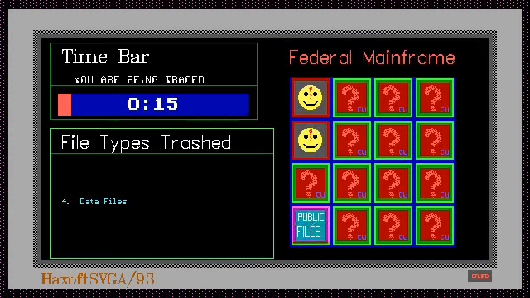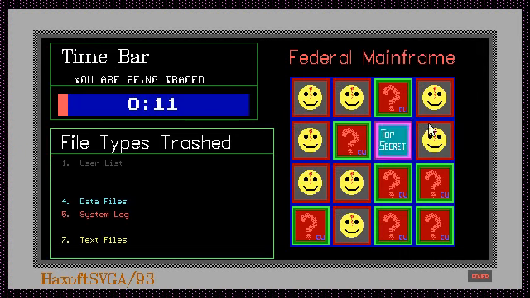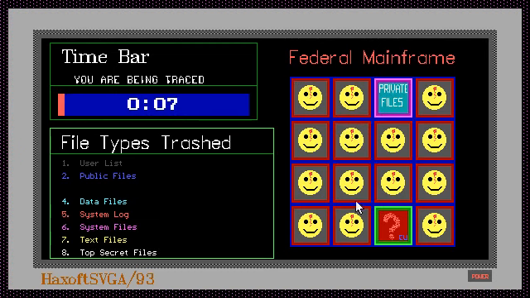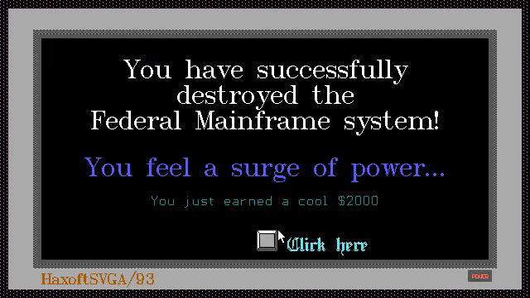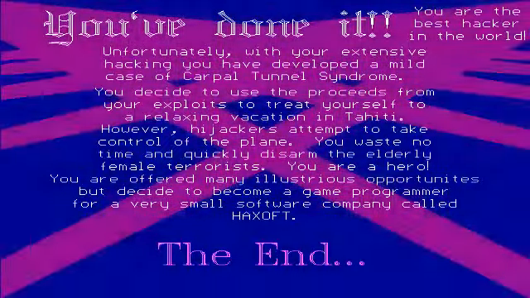This one is going to be tricky. This may take a few tries. Okay, we have 15 seconds actually. Oh, come on. Oh, it looks like this could go well. Yes, it did. All right, there we go. We got $2,000 from that. And there we go. This is the somewhat epileptic winning screen of